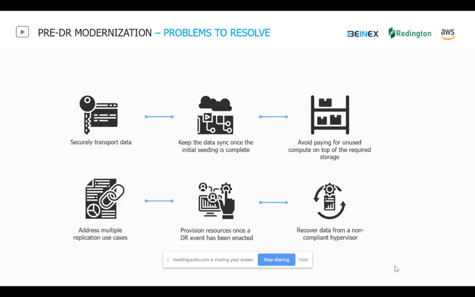And also for provisioning of resources, when the DR strikes, immediately it should be automated. The resources should be immediately available. The DNS should now be pointing to the DR data center all in one shot. So there is a huge effort that goes into play with the automation and orchestration of the physical data center.